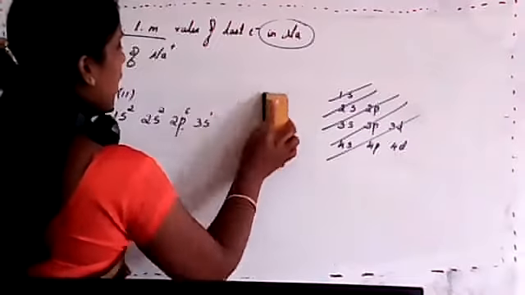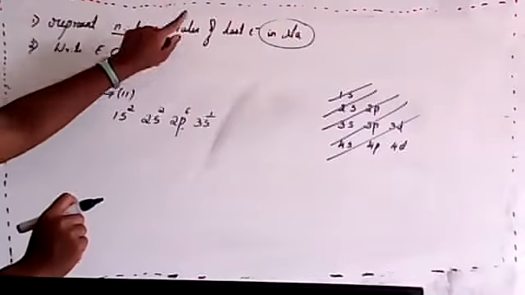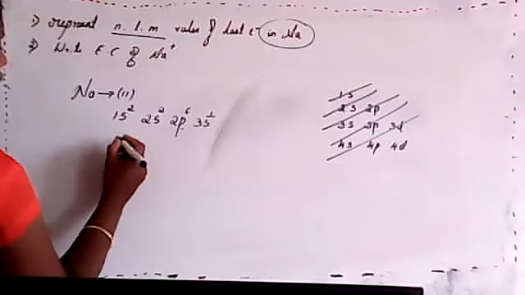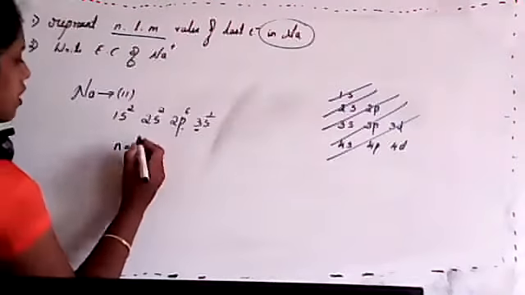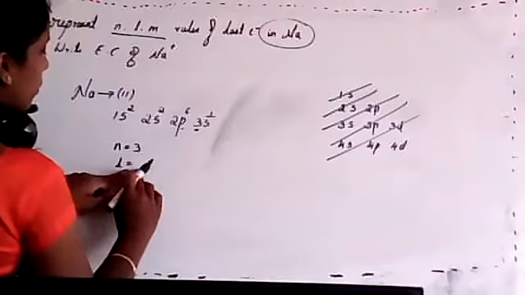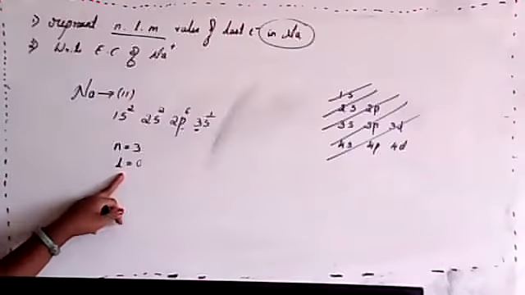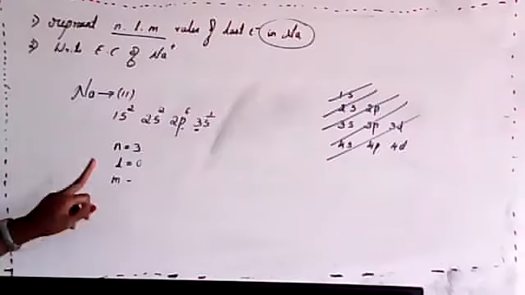Then these three are again useless, isn't it? So I'll drop that. So now the question is about this one electron. Represent the values of n, l, m for the last electron. What is the value of n, students? Last shell, that is 3. What is the value of l, students? The orbital is s. s orbital means the l value will always be 0. So now the question is, what is the value of m here? That is also 0.